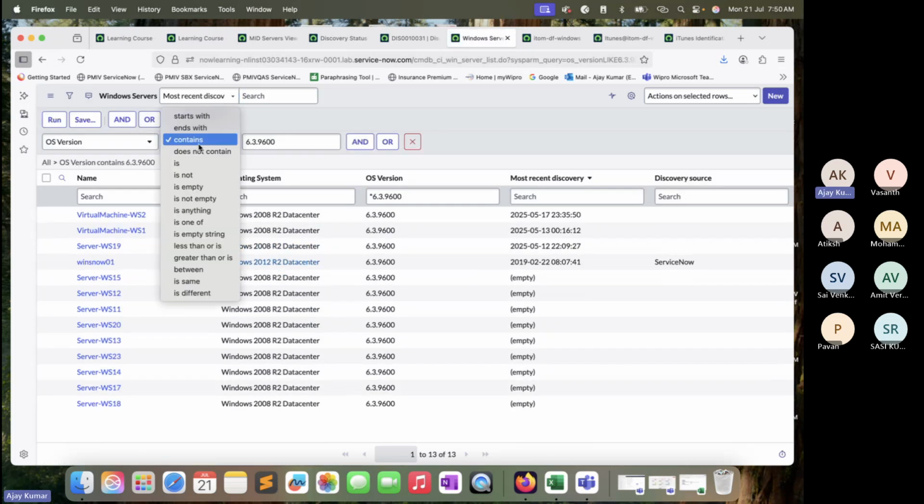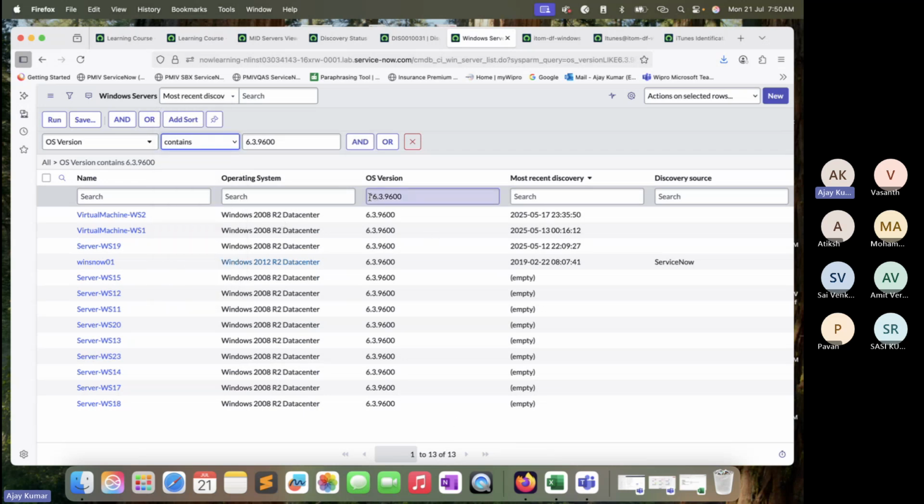But we have to be a little thoughtful. There is a possibility that if we put contains here, these particular values will be there in a couple of other records as well. So when we put filter conditions, we are always trying to find a unique value. What will be unique in all those 17 records that we can utilize? The same thing I did